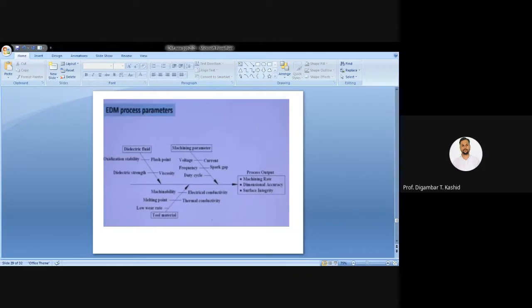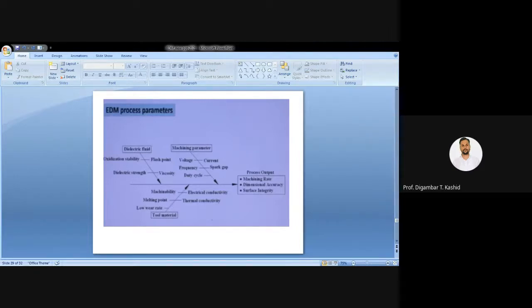Again, you can use this EDM process for making components for plastic injection molding machines. Again, EDM can be used for making dies which are required for molding, casting, forging, stamping, coining, forming. So for all these machining we require dies, and for making such dies you can use the EDM process. Also to make dies for extrusion or wire drawing, etc., which require through cavity holes, there also you can use the EDM process.